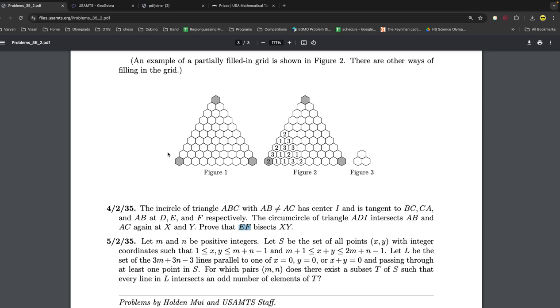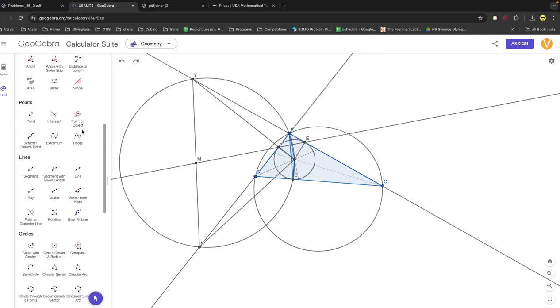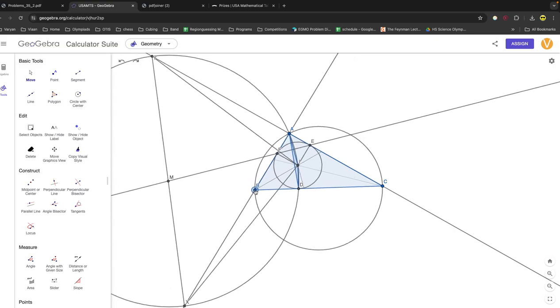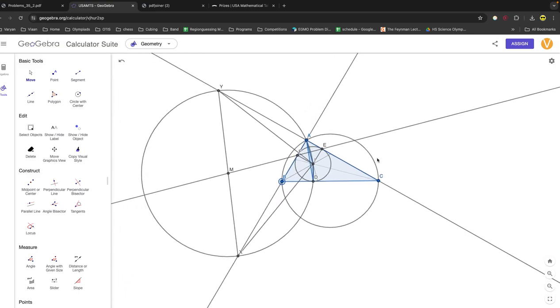So don't worry if this seems a lot to handle. I have a diagram set up with GeoGebra. It's called USAMTS right here. Let's go. So first of all, let's go step by step. Let's make this a little more usable triangle. What GeoGebra is really good for is that it shows you all the configurations, but you can't really use it as a formal proof. I kind of got docked on one question this year,